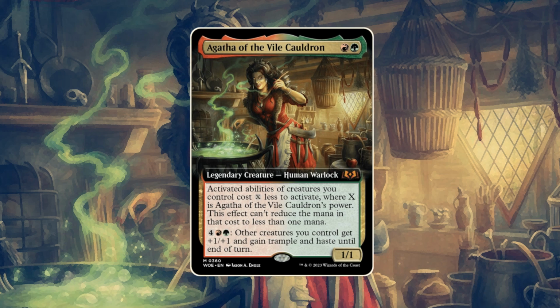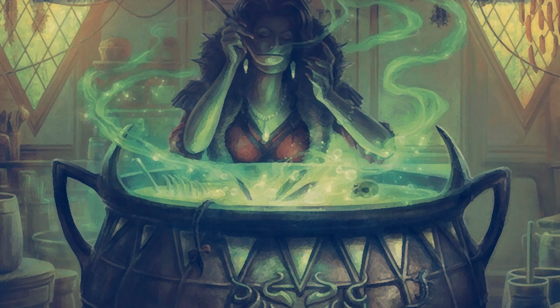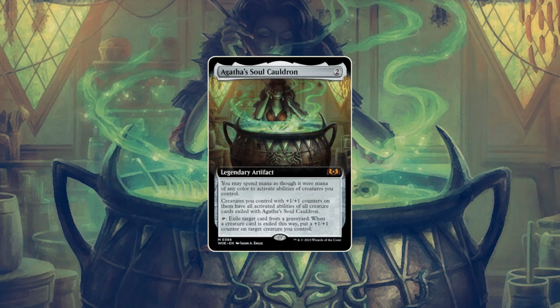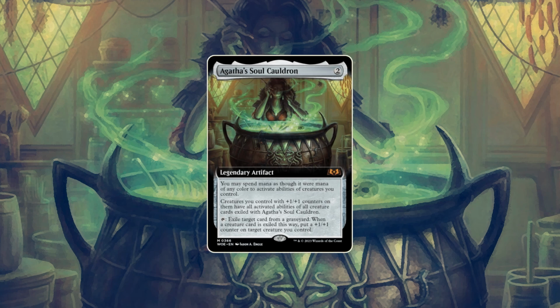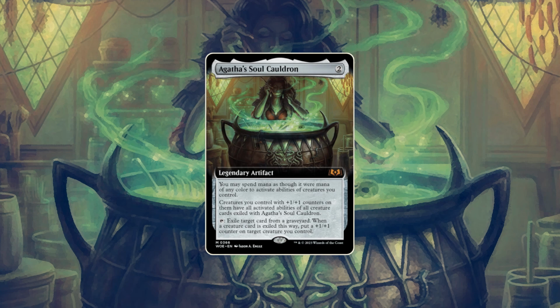And since we're just talking about Agatha, there is Agatha's Soul Cauldron, a pretty fancy legendary artifact that was spoiled, and I think the community has already brainstormed a lot about it, if there is any way to abuse it. I think, as I've sent it to Samuel, having in mind some Golos shenanigans, which are not too funky, but still there might be a use